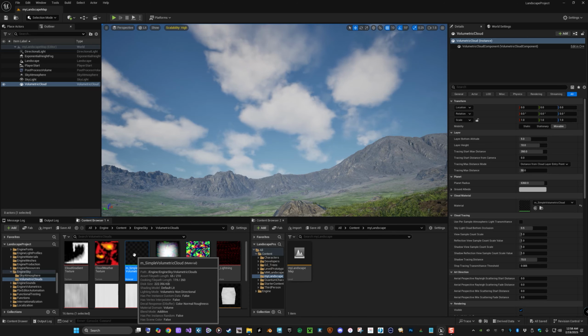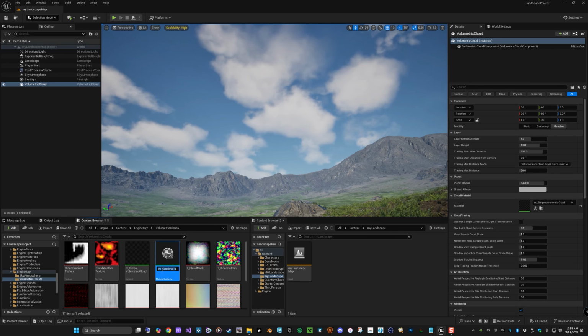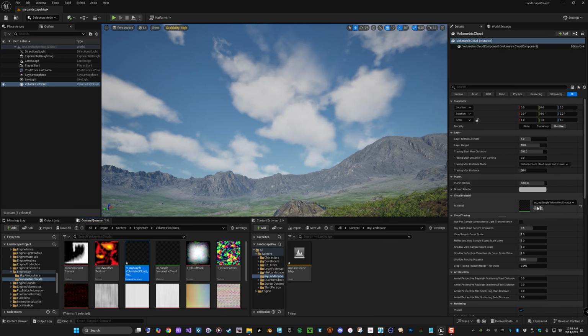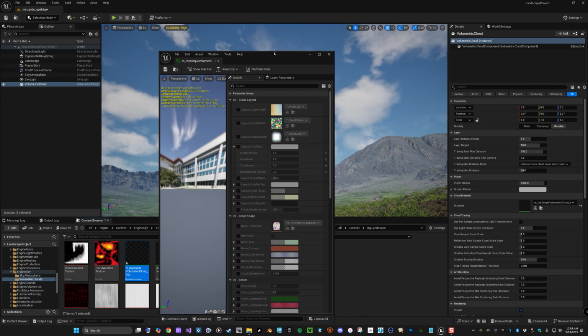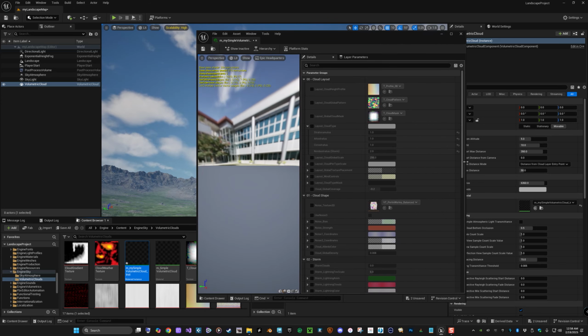But I'm just going to go here, click material instance, and say it's my material instance, right? And then I'm going to move that into the material. So now it's mine. And I can double click that, open it so you can see it in the scene. And now, instead of having to deal with the entire master material and all of its interconnected nodes, we have it all laid out here. In the case of the clouds,